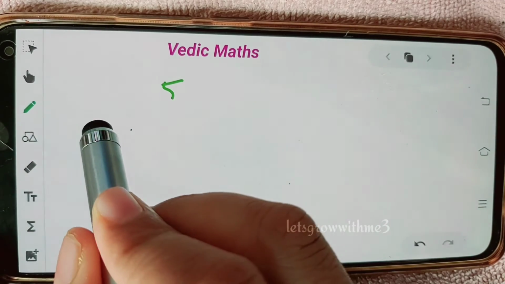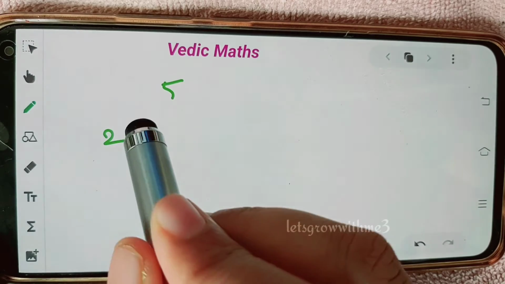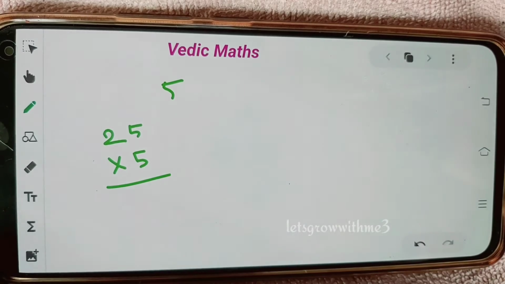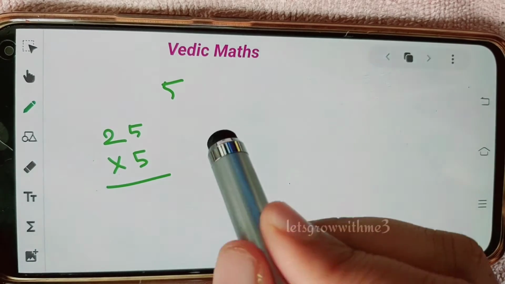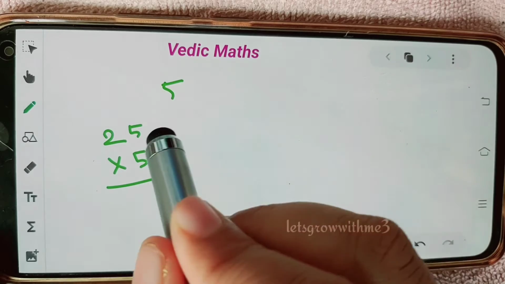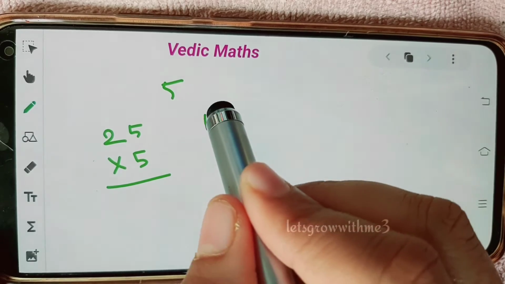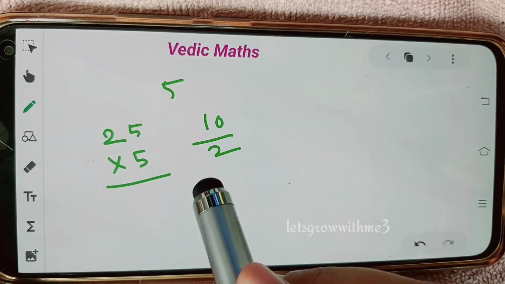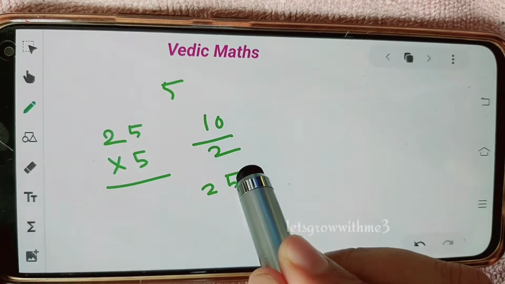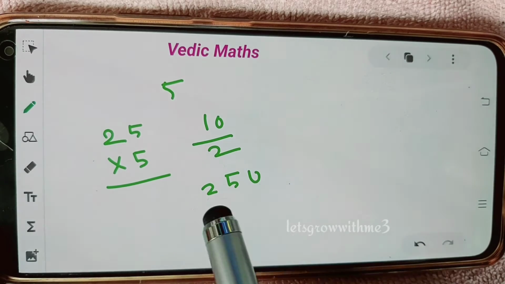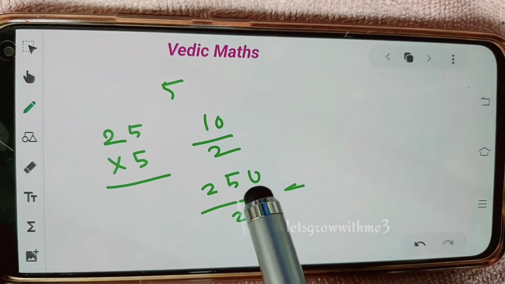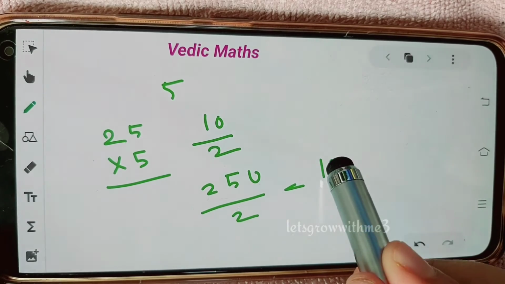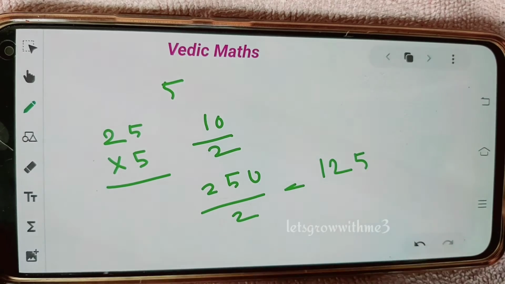When we take our multiplicand as a very small number, it doesn't show a lot of difference. But of course when you keep increasing the multiplicand digits, then surely you are able to find a difference between direct multiplication and this method. So the basic concept is very simple. You are multiplying by 5, so we will multiply with 10 over 2. 10 over 2 is 5, right? So that's what we are doing in a different way.